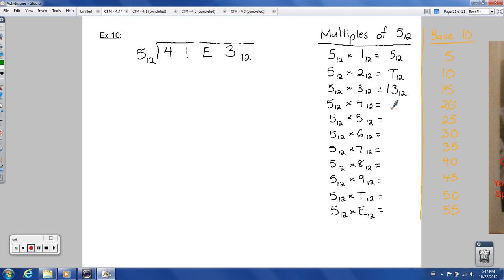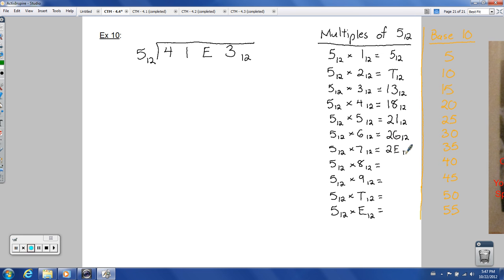20, how many times does 12 go into that? You have 1 whole time with 8 left over, so 18 base 12 you could say. 25, how many whole times does that go? 12 goes into there 2 whole times with 1 left over. Into 30, it's 2 whole times with 6 left over. Into 35, it's 2 whole times, 2 times 12 would be 24, you'd have 11 left over, so